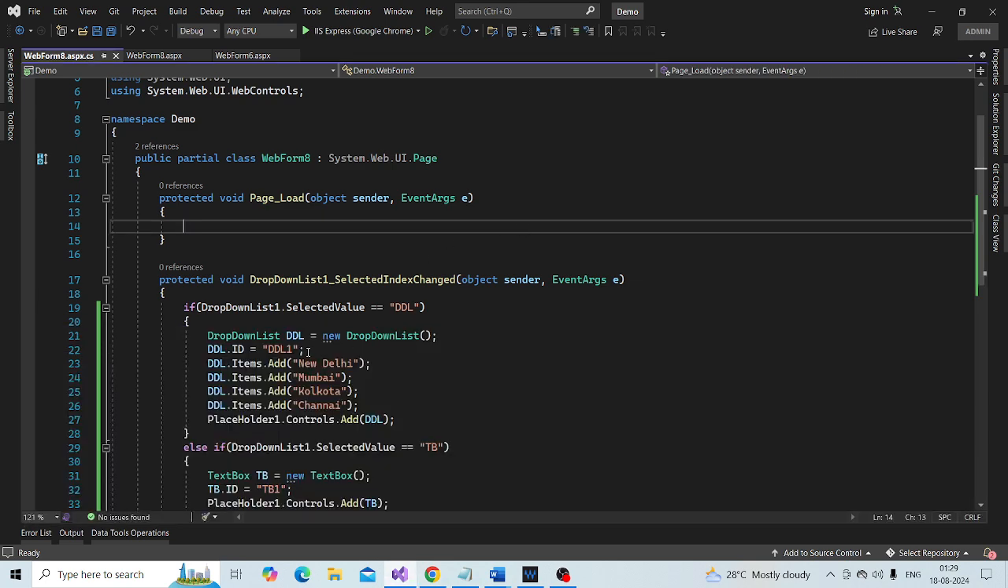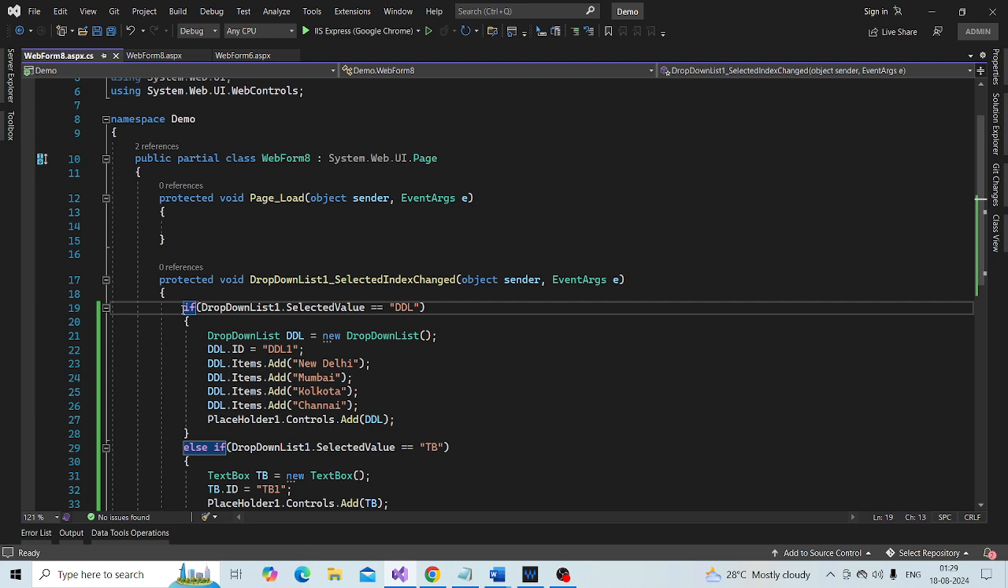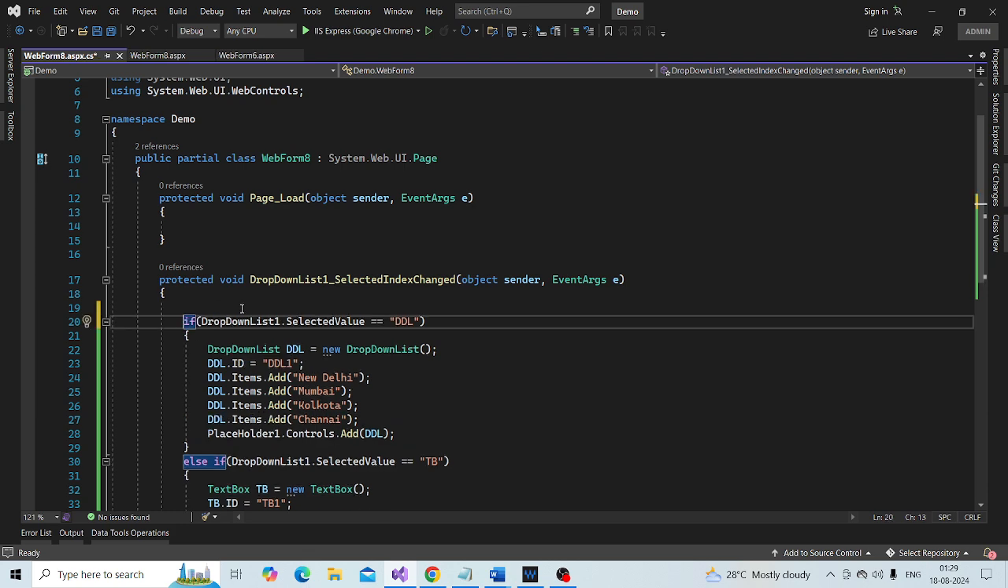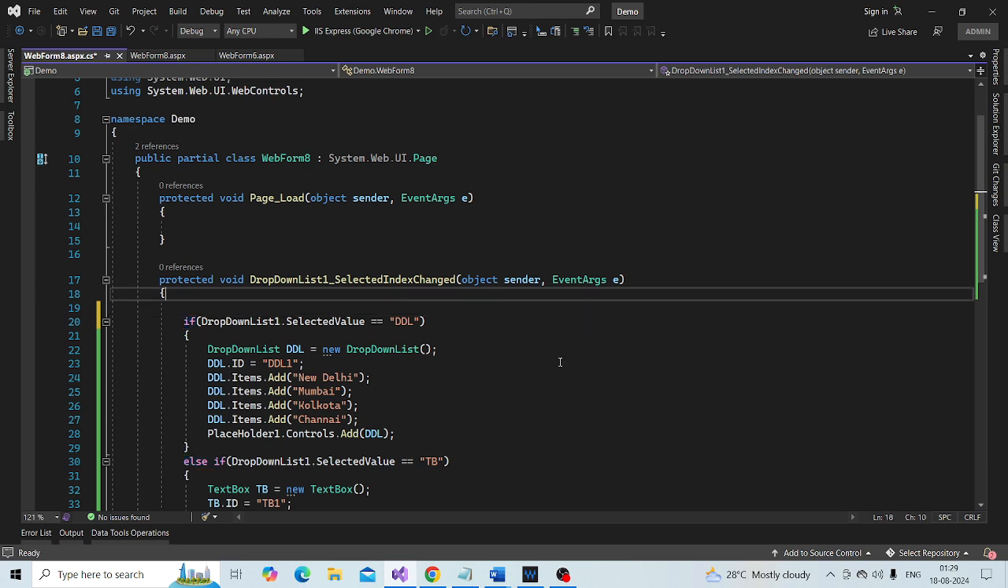Look at that. As soon as I click the button, the dynamically generated control is vanished. Dynamically generated control is vanished. And it makes sense. That is because, look at this, when you are adding these controls dynamically,